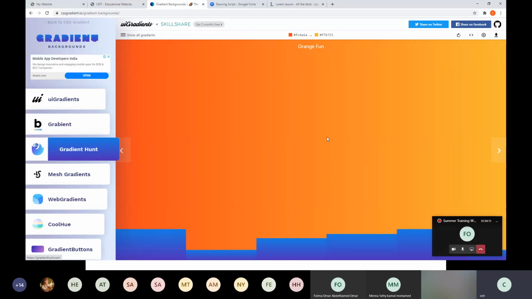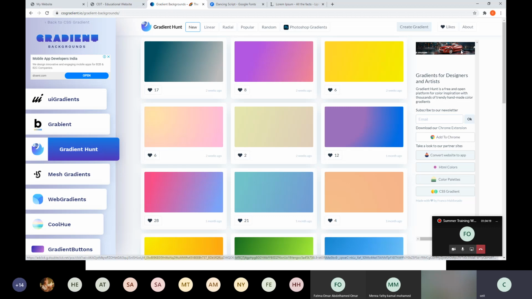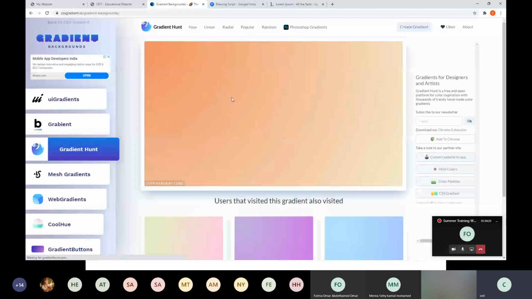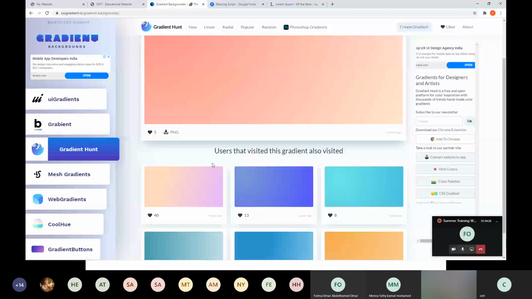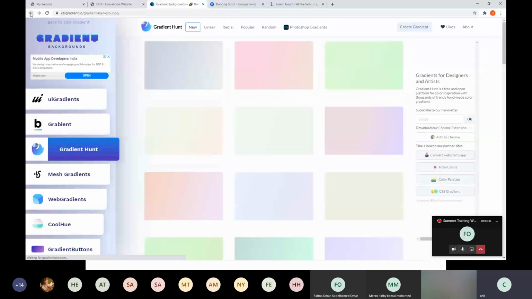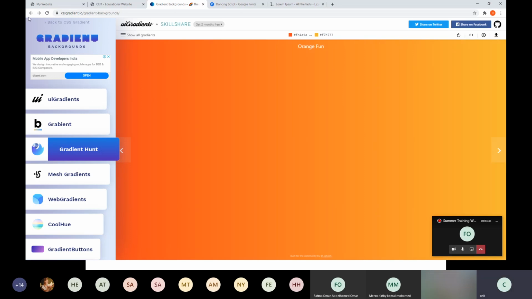Suppose from here I want which color? This color. Then this is the color, not from this. Why is it not coming like this? Just wait for 1 minute.